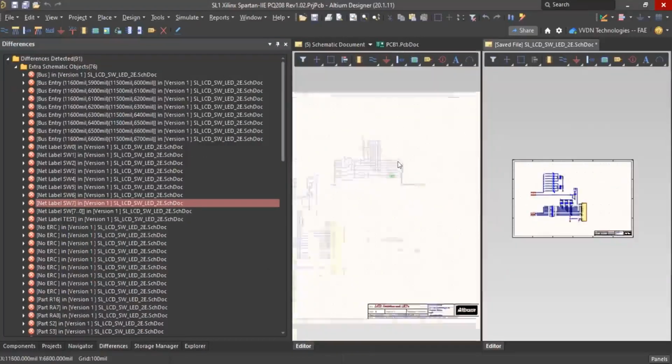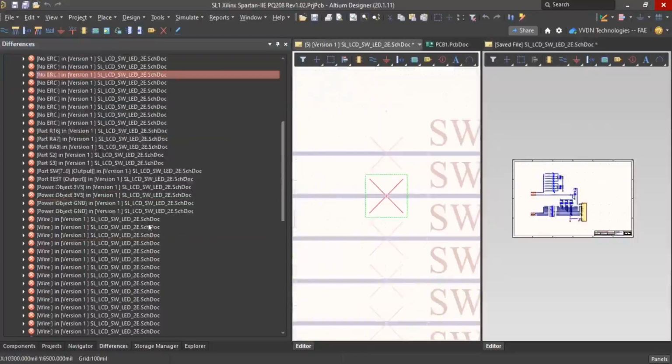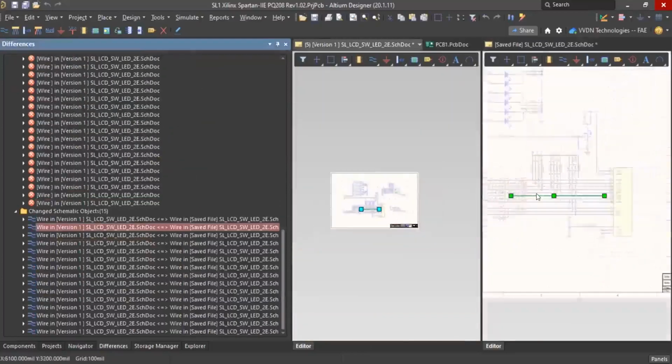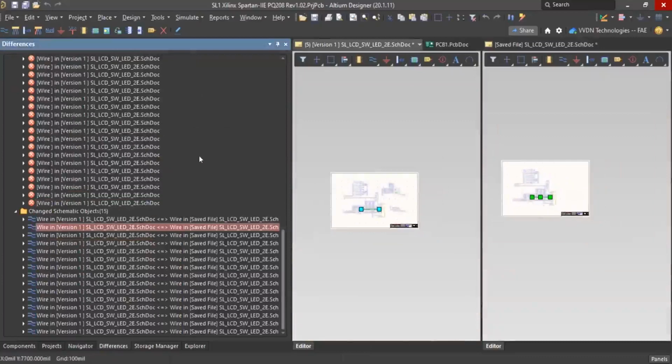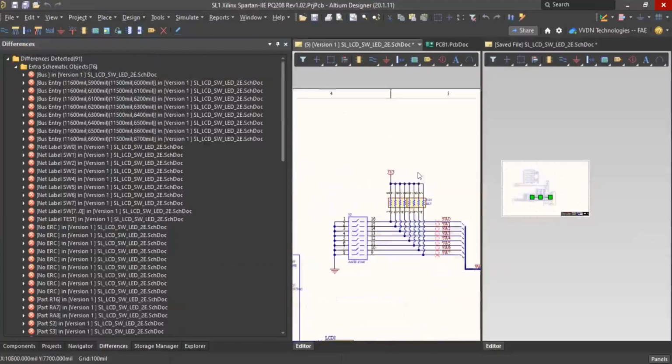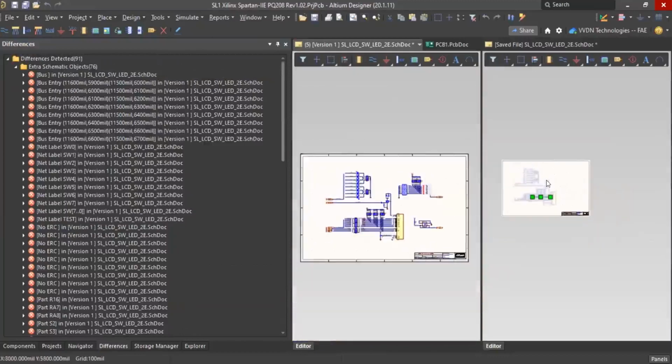Yeah. So here it will just highlight the changes. Okay. So graphically you can review. The same is applicable for PCB as well.